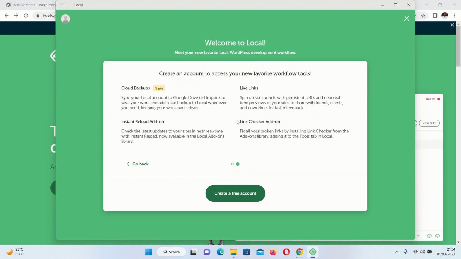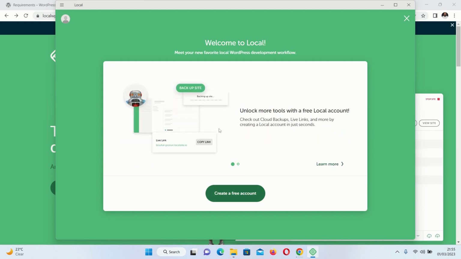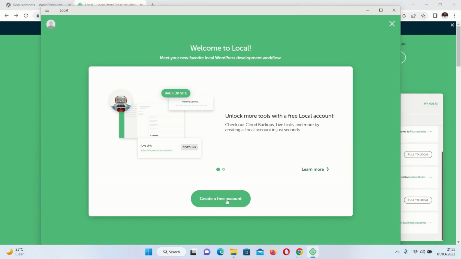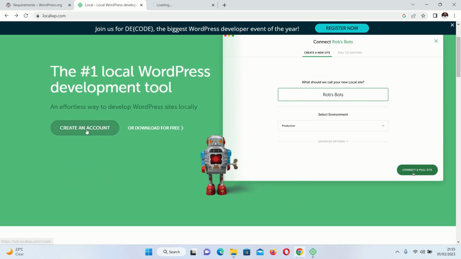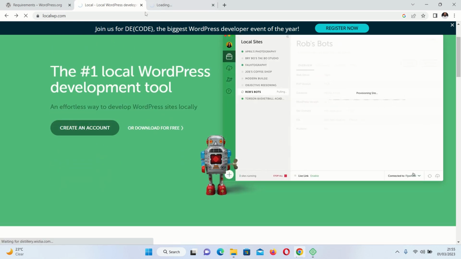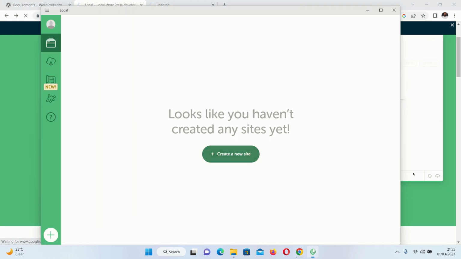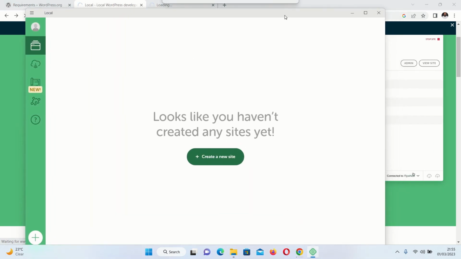And there you are. You can actually create a free account. If you want to create a free account, you can just click create and it will direct you to the website, where you can create the account. The same account we are creating here will create an account for you. But we want to go ahead and now